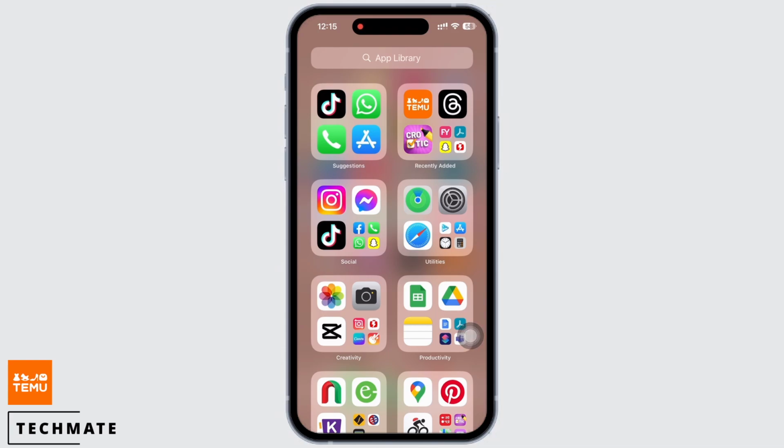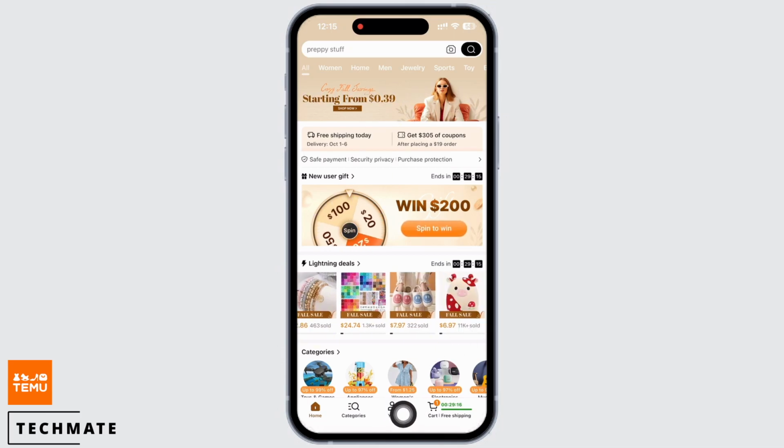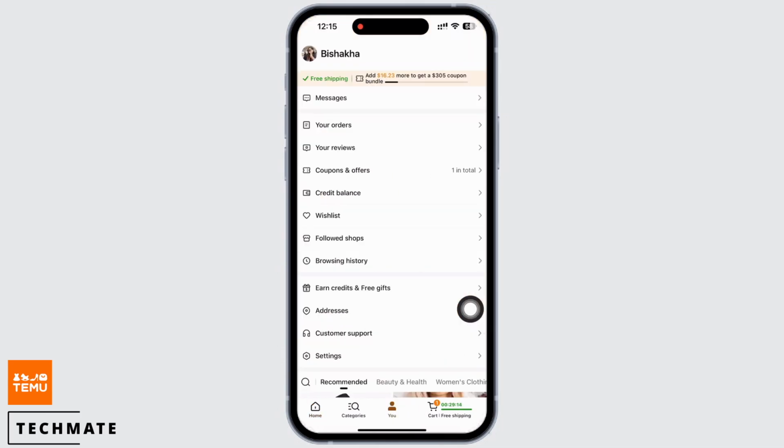Let's get right into the tutorial. In order to add or remove card on Temu, open the Temu application on your device first and make sure you are logged in. Now tap on the U option you see in the bottom center of the screen